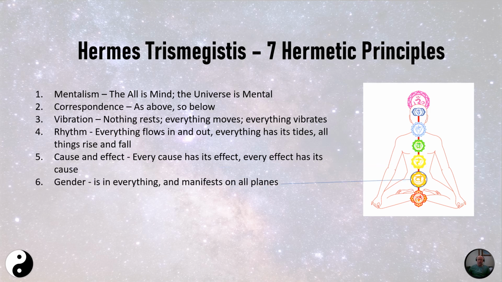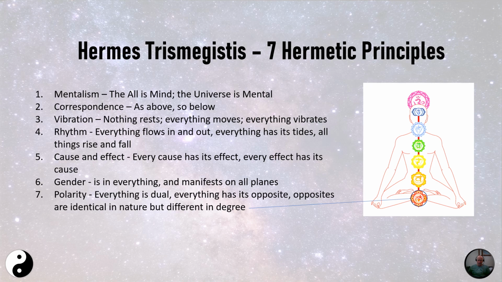The sixth one is gender, which is in everything and manifests on all planes. So gender, not just in the physicality of the male and the female organs, but the nature of the male, the masculine and the feminine. So, for example, within a flower, group of flowers or a couple of trees, you always need a male and a female to reproduce. So you have this idea of gender. Now that's on all planes. So everything requires a male and a female aspect. Now there are cases where you see some of the gods and it's hard to figure out whether they're actually male or female. In that sense, the gods were androgynous. They still had the male and female aspects within them, but they were androgynous in the sense that they had both in